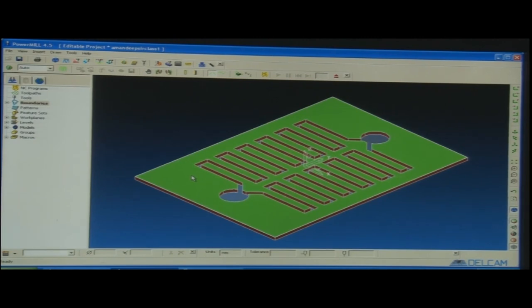Normally, when we generate the code, it is important that we take care of the movement of the tool in the xy direction as well as in the z direction, because if anything goes wrong, the job will definitely go bad, and the tool can also go blunt. The tool can also break as well, and big accidents can also happen. So, it is very important to run this simulation before going to the actual machining in CNC.